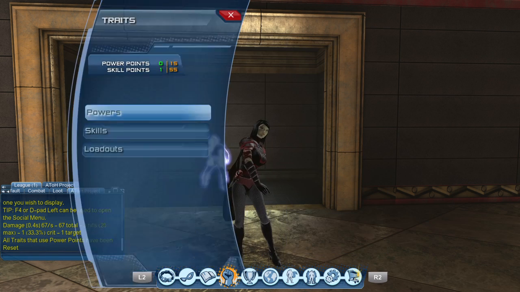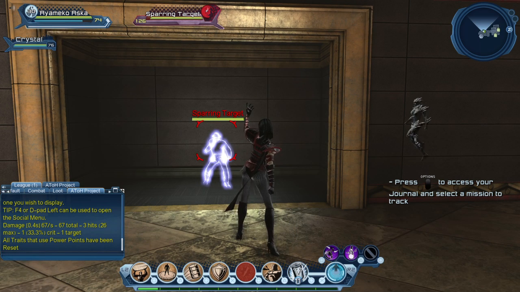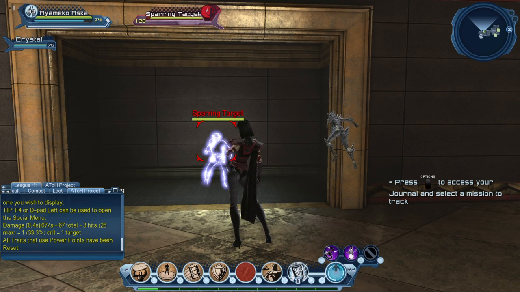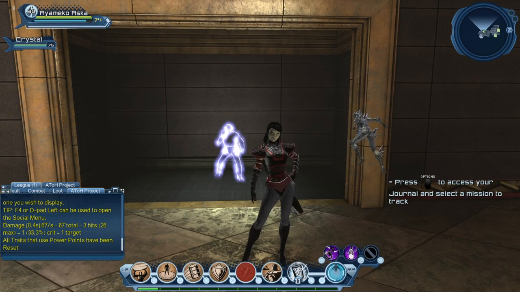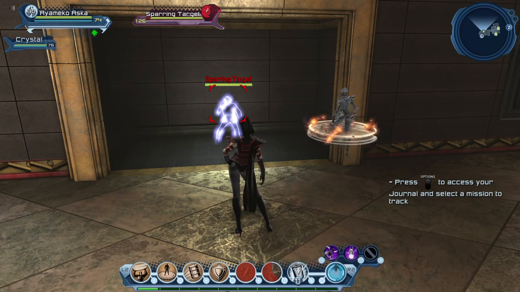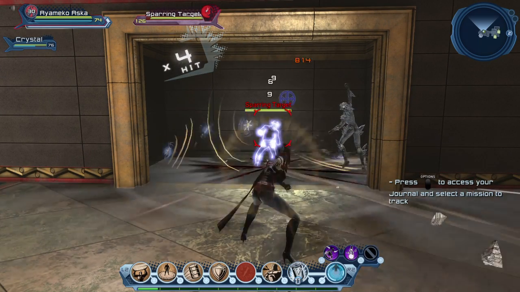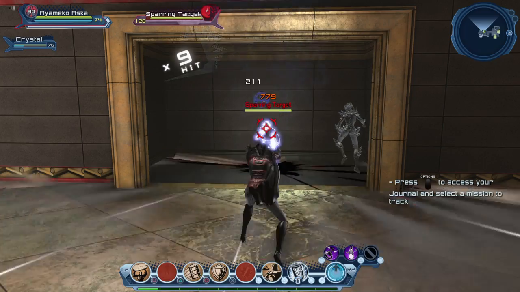Now, your AM is going to be your Crystal Golem. That is your AM. You're also going to do that right there. That's definitely going to be your AM. So otherwise, what I'm going to do is the loadout is going to be